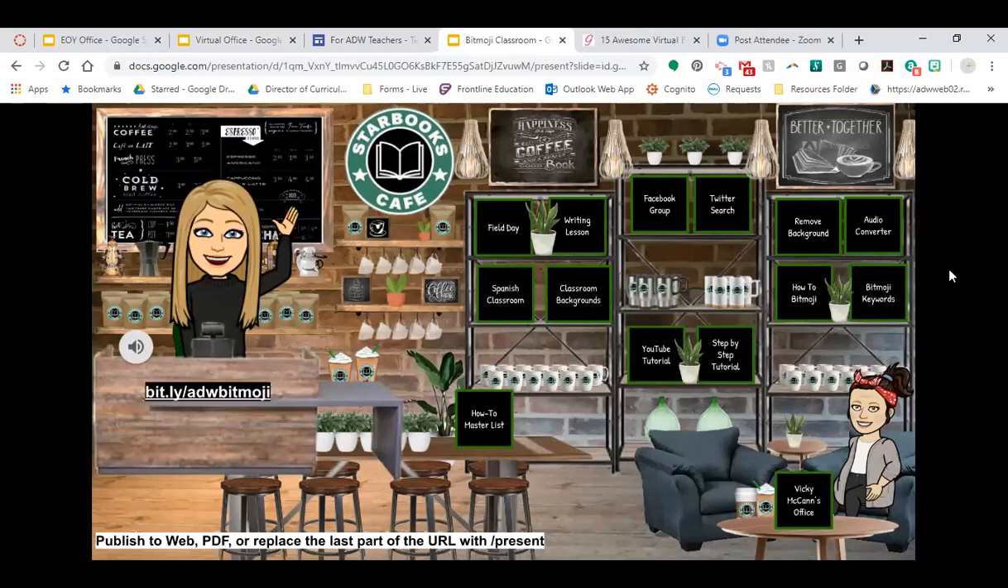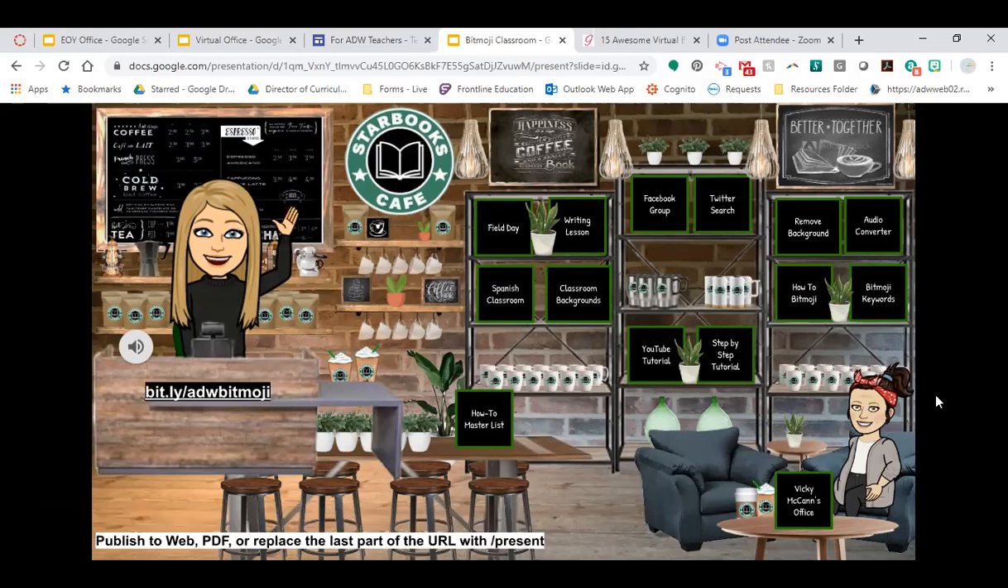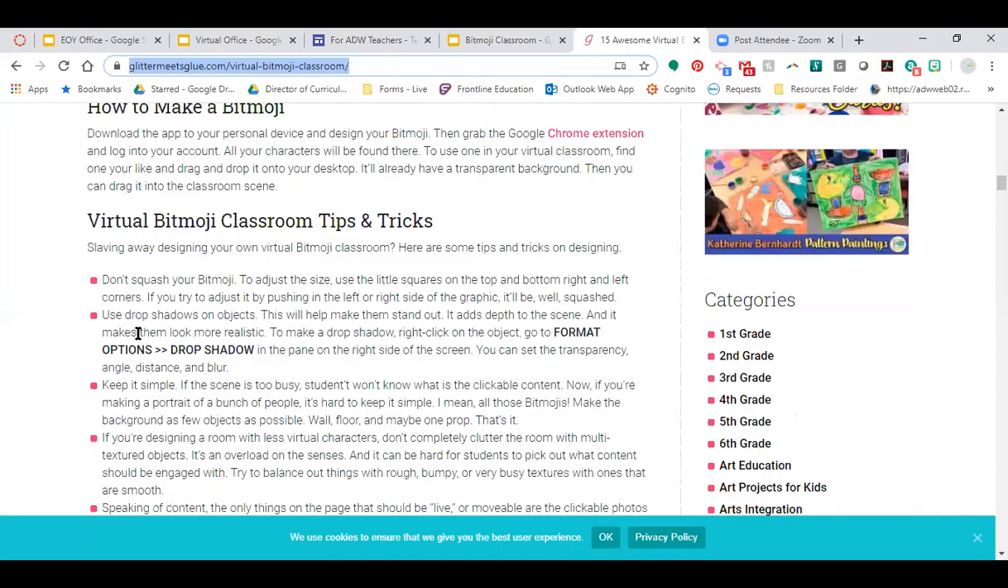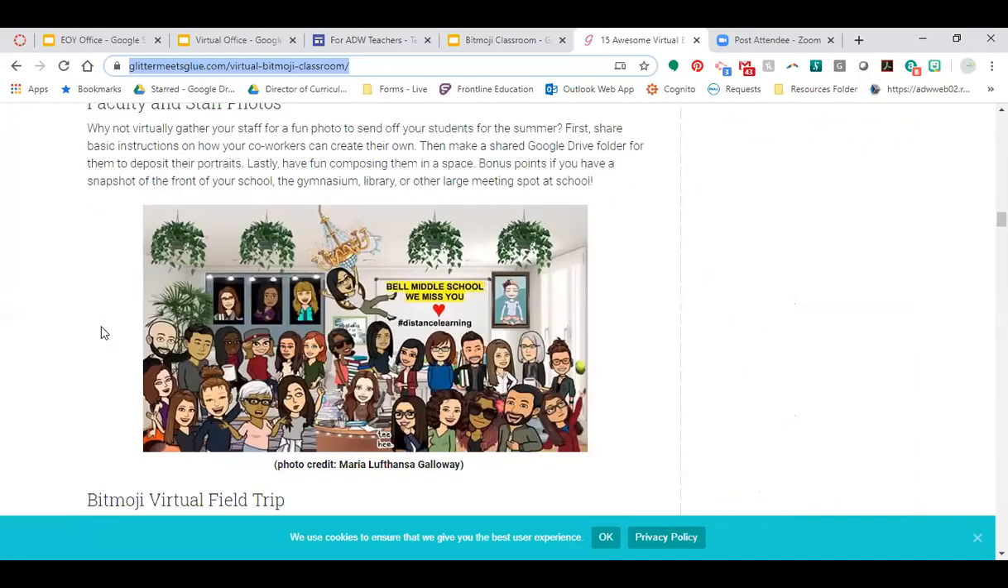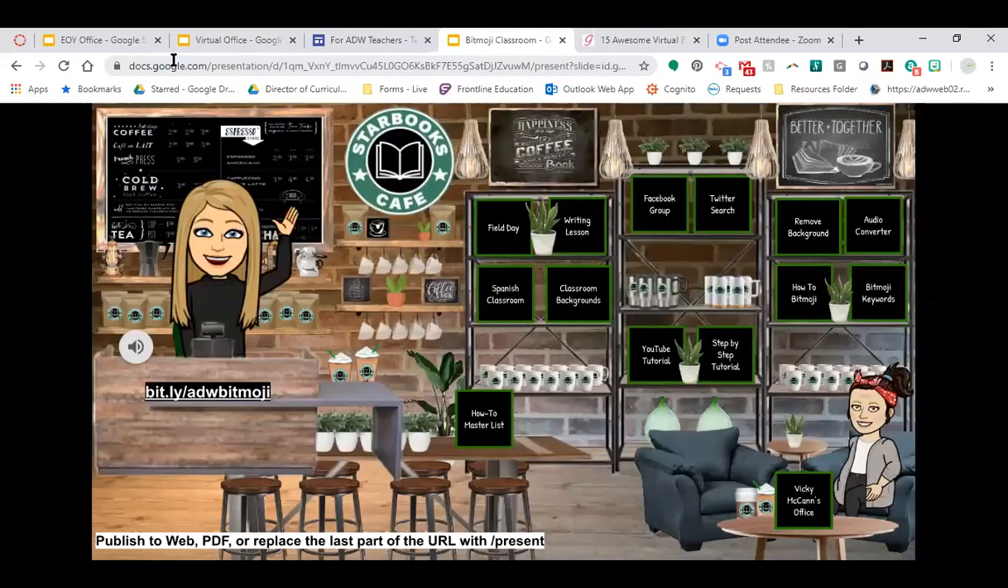Another thing that I want to point out is that I have a second Bitmoji in here. In the Bitmoji craze, you're going to find a variety of different classrooms. You're even going to see, especially right now, the school photo. The school photo is a really popular way to use the Bitmojis. Here's one. Here's another. This is faculty and staff. Here's a class photo. And I'm pointing that out to you as something to be very, very cautious